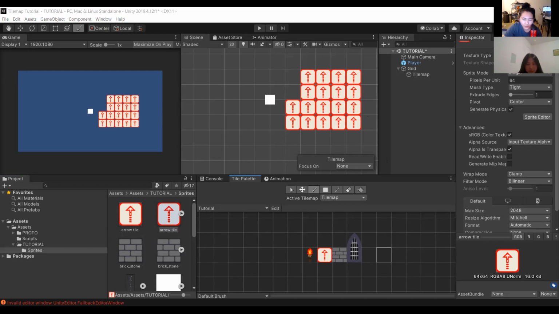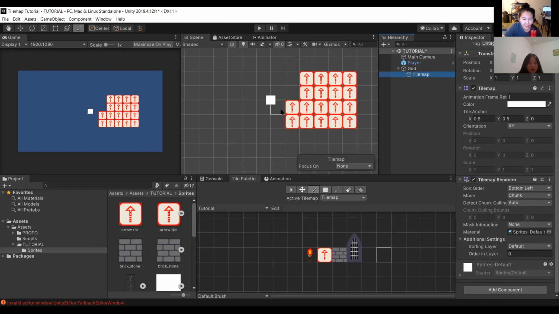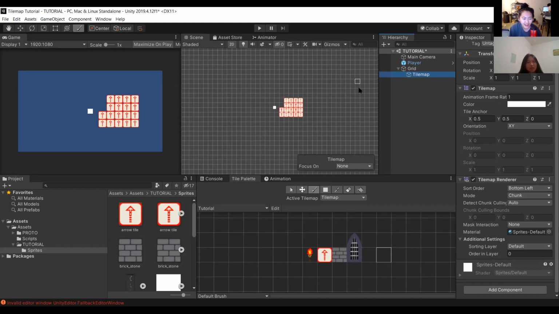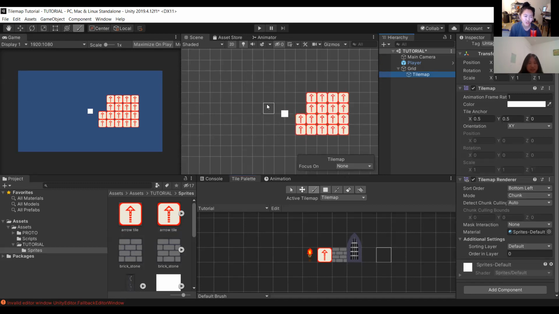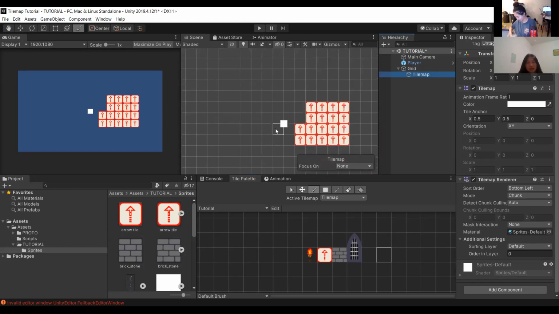Okay. So moving on. We were talking about the tilemap itself. I was talking about the tilemap renderer. You don't need to worry about that. That's if you want to load and unload specific portions of the tilemap. So let's say this tilemap is huge. It's 1,000 by 1,000 pixels and you have a lot of stuff going on. But it's just sitting there unused because only a section of it you can see at a time because your camera is this close and you can only see the player. That's when you can unload certain portions of the tilemap to save on some memory and make sure the game can run smoother.